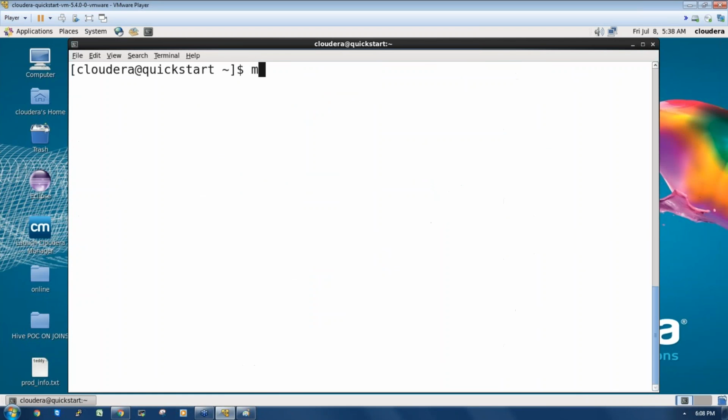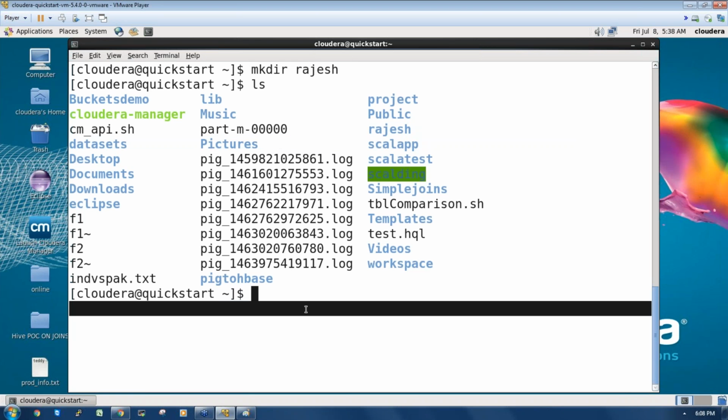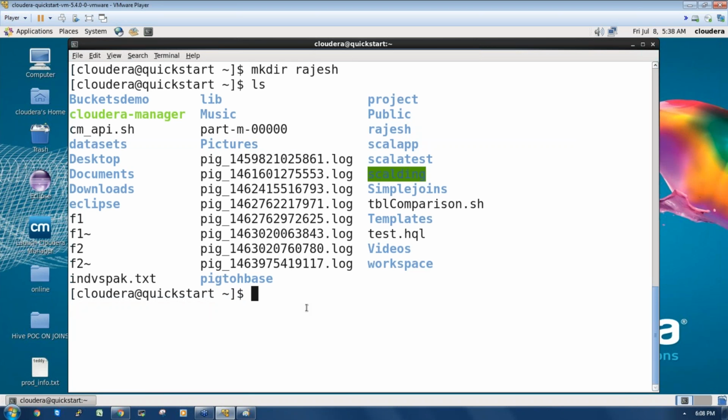Suppose if you write mkdir, it will create a directory in the local file system. So it's a Linux command, right? If I write mkdir Rajesh, where is this directory Rajesh created? It's created in the local file system here. The same way, to create a directory in the Hadoop file system, I'll run hadoop fs -mkdir and then the directory name Rajesh, press enter. Now the Rajesh directory is created under the HDFS file system.